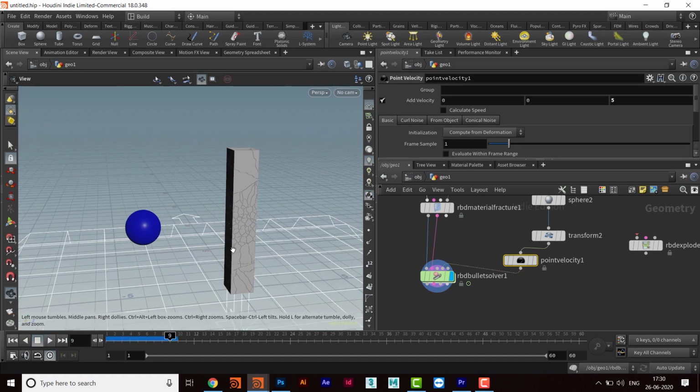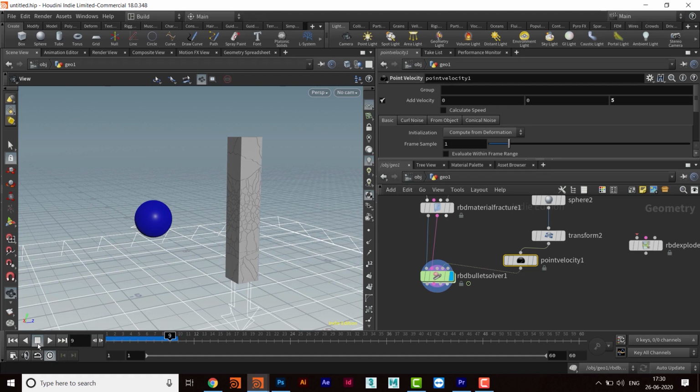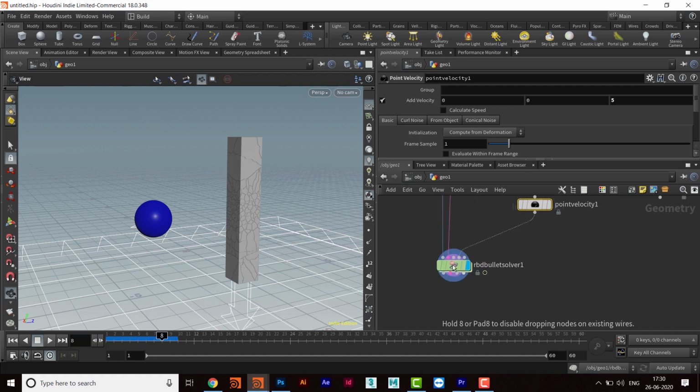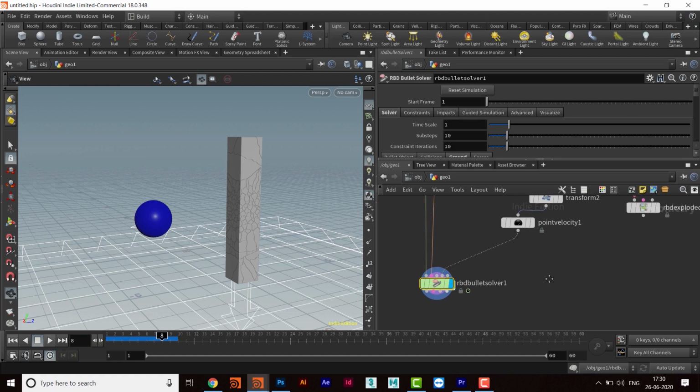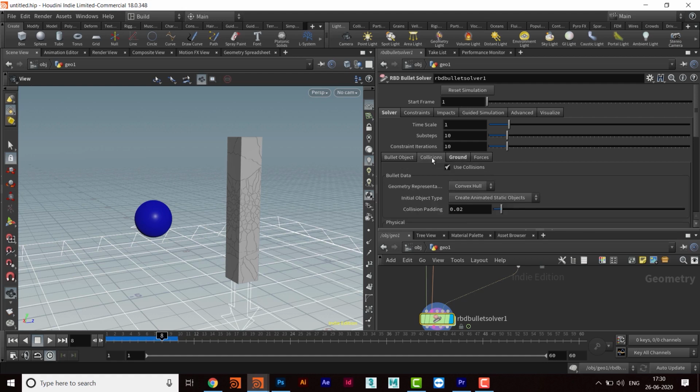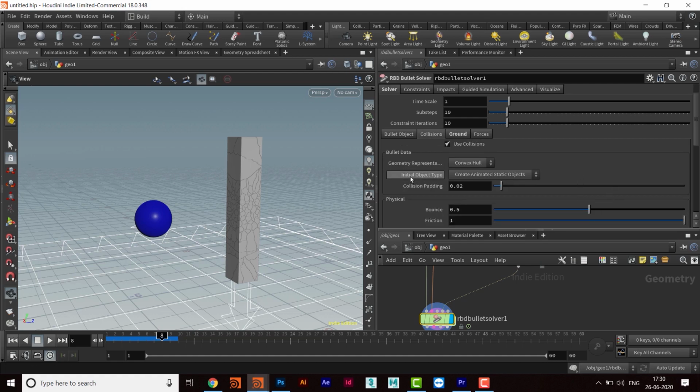Okay, so now there is a problem. How would I change this value? For that I'll have to go to this RBD solver, and in RBD solver I will go to the collisions option, and here, initial object type.